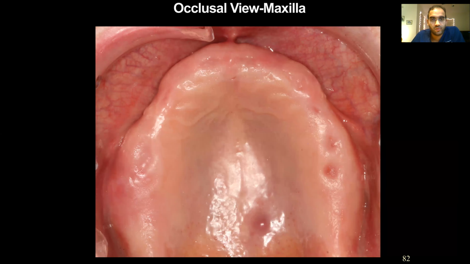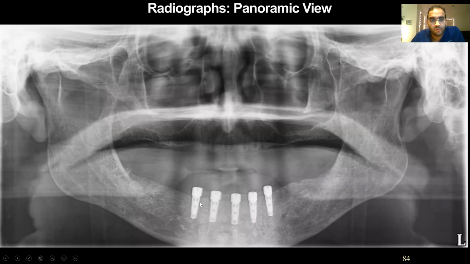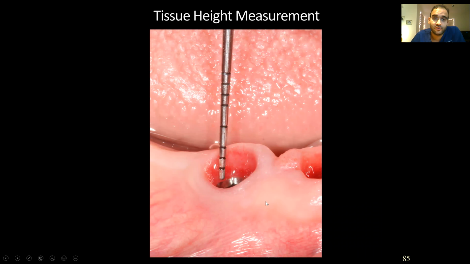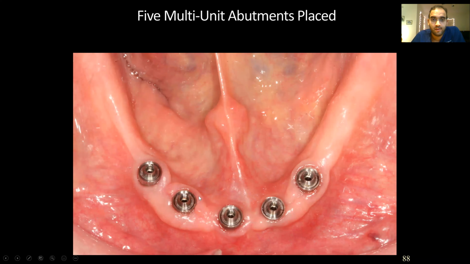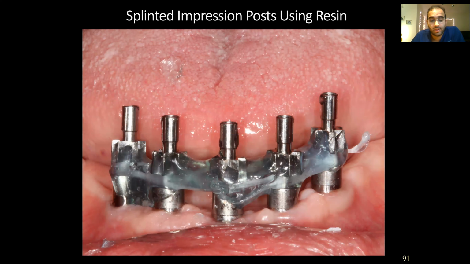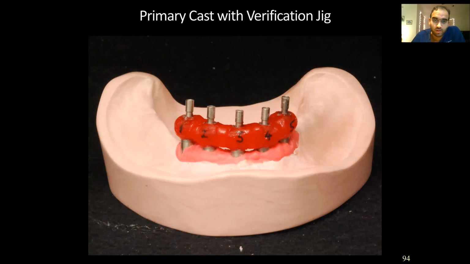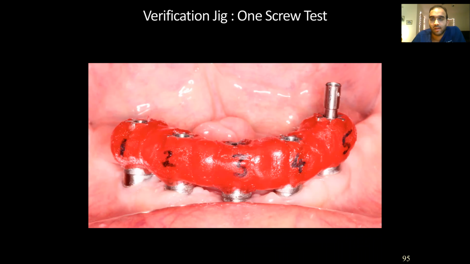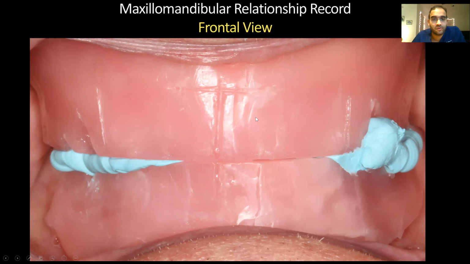So let's go through a case really quickly. This is a mandibular case with Zimmer implants. We can see the implant with the healing abutment. We measure the soft tissue height, pick the right multi-unit, and torque the multi-unit in place. Take an open tray impression post, splint these with anything hard, which will give us a more accurate impression. Take an open tray impression, pour the model, verify the model by making a verification jig and doing a one screw test. And this is the upper, just a regular denture,